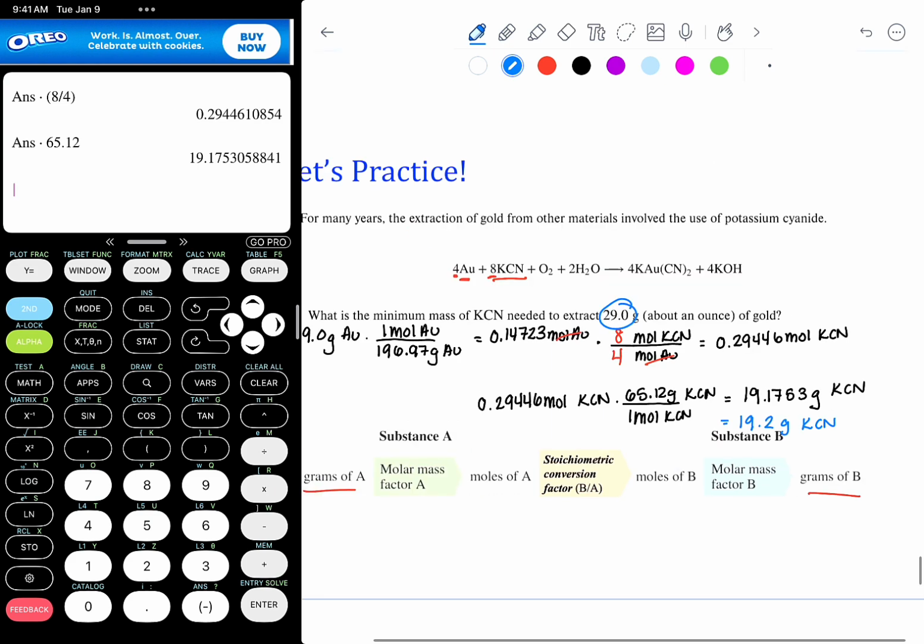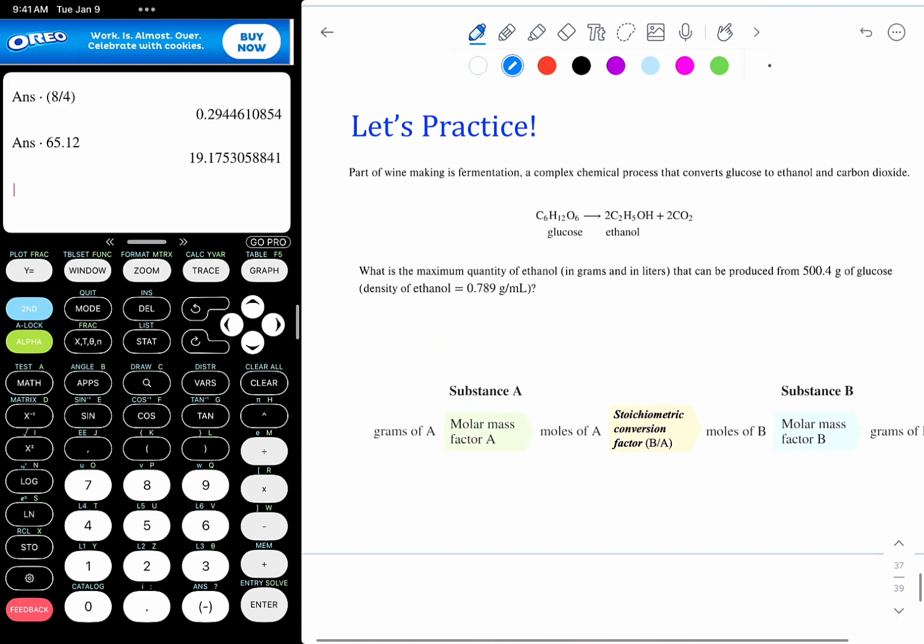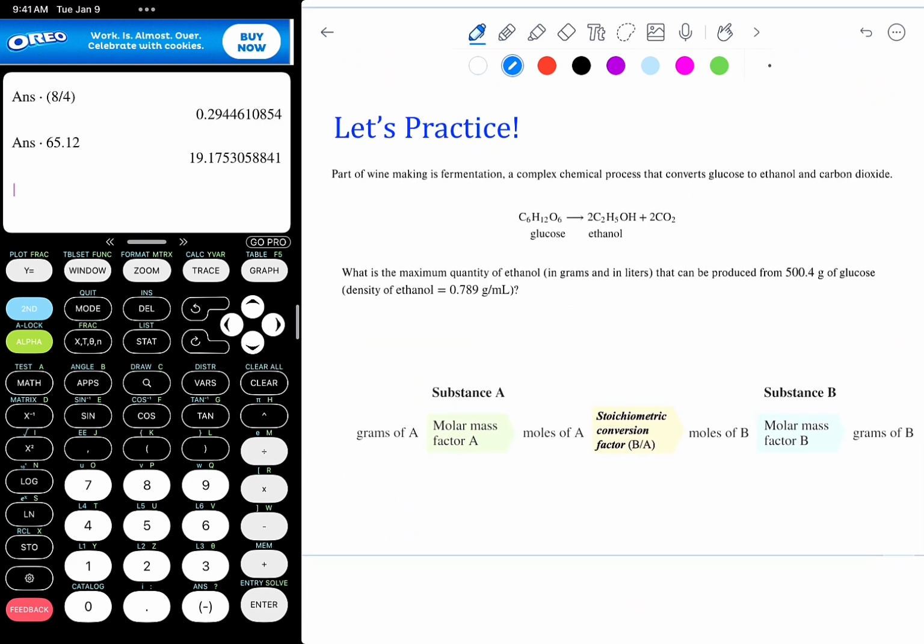Okay. This next problem is a little bit of a tricky one because we're now asked to find the volume that can be produced from this reaction. So, part of winemaking is fermentation, a complex chemical process that converts glucose to ethanol and carbon dioxide. What is the maximum quantity of ethanol in grams and in liters that can be produced from 500.4 grams of glucose? So, what we're going to want to do for this problem is start at grams of A, which is glucose, and end at grams of